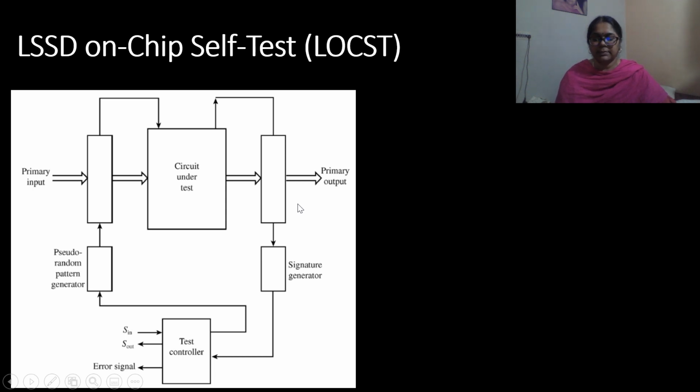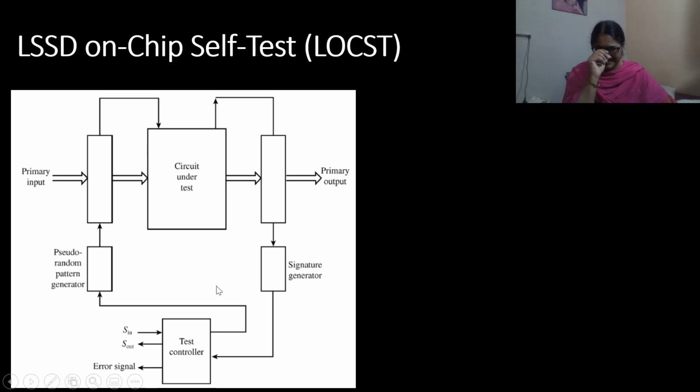Some of the memory elements at the beginning of the scan path are configured into an LFSR for generating pseudo-random pattern numbers. Some memory elements at the end of the scan path are configured into another LFSR which functions as a signature generator.